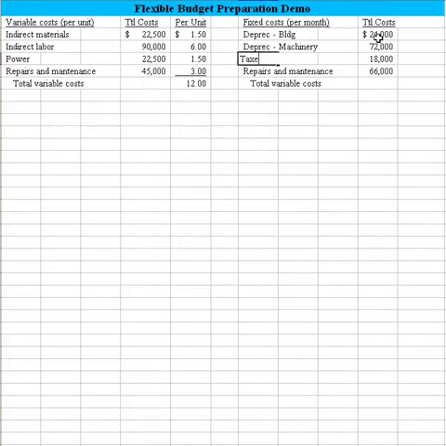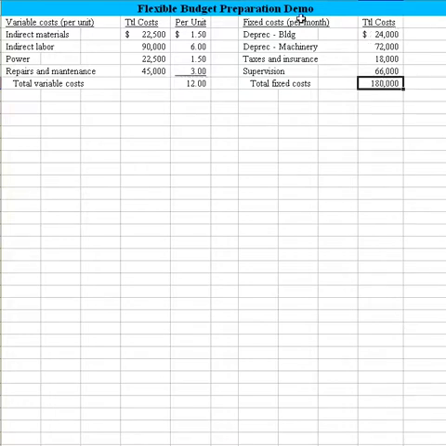Then we had taxes and insurance, and the last one I think was supervision. Okay, so change that word now to fixed cost. Sum that. I'm just going to use the same sum, but of course now it won't fit because it's looking for decimal places, so I'll reformat that. And we've got 180,000. So that's our total fixed cost,